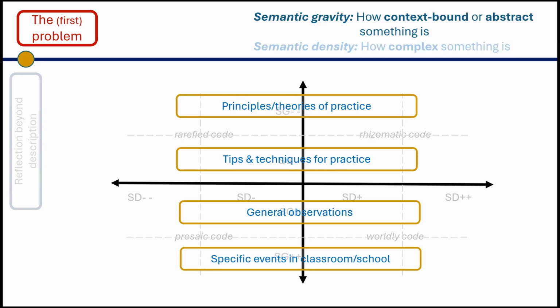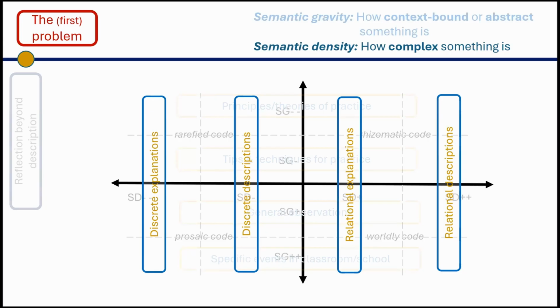Okay. Yes. So let's look at a translation device for semantic density. And I know that my translation devices don't look like some of them that you'd see in the literature in a table form. I'm being creative today, so I've put it straight on the plane. So when semantic density is very weak on the very far left-hand side of the semantic plane, the student teachers are offering discrete, kind of disconnected explanations. A little bit stronger, they're still discrete, but they're describing, giving a little bit more information. A little bit stronger,